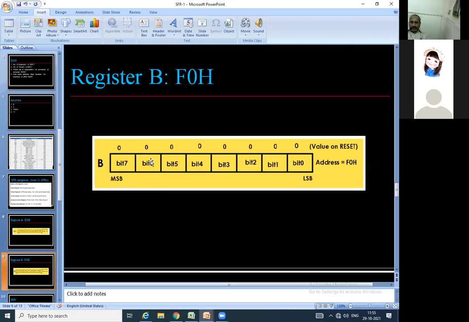So they can be used as bit 0 to bit 7. For reset, the same, if you give all zeros, this will become the reset. Okay, so these are the first two SFR registers we have seen today. I hope we will stop here, and in the next session we are going to continue with the SFRs. So see this video once again, once, twice, whatever is possible. Just go through it so that you will get all the others. If any doubt is there, you can ask me directly, no issue, or discuss with your friends.